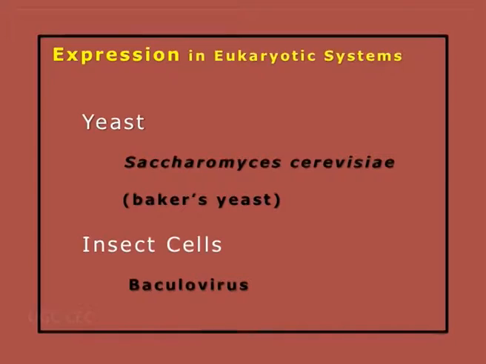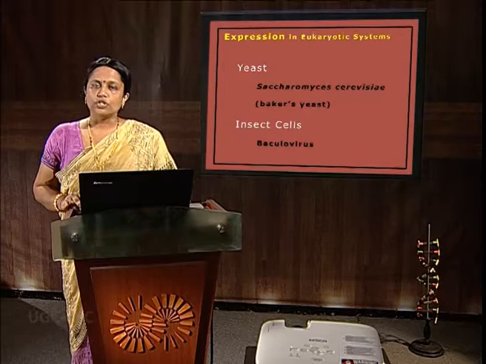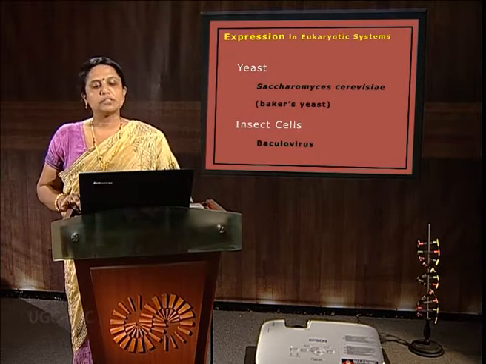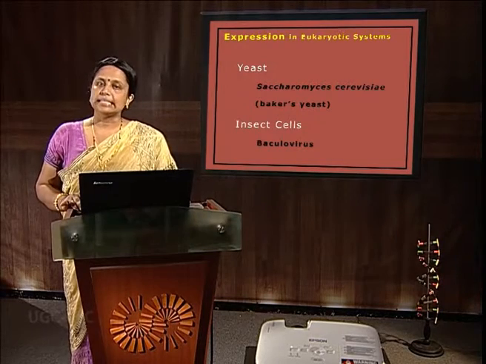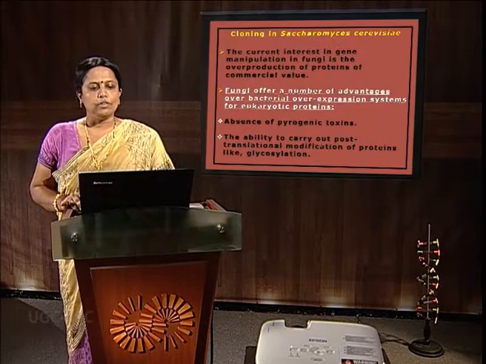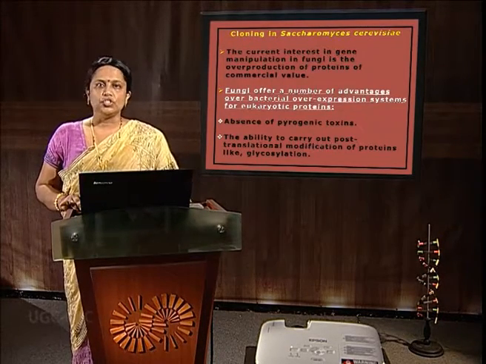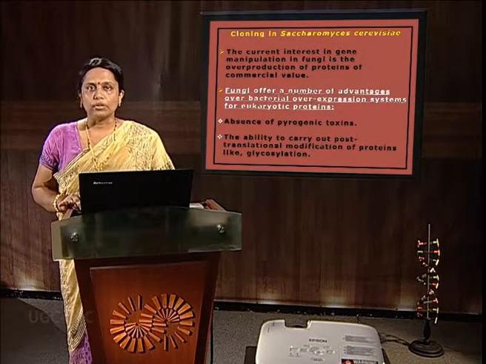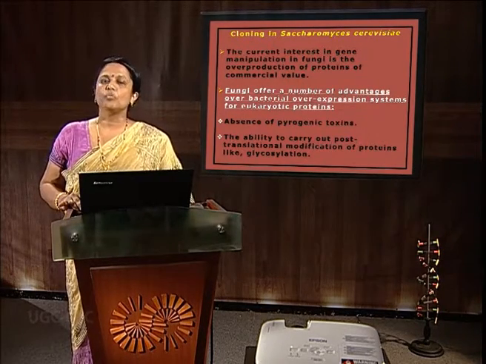Now, I will be discussing the expression of genes in yeast cells, mainly Saccharomyces cerevisiae, which is also known as Baker's yeast, and I will also discuss the introduction of genes in insect cells, mainly baculoviruses. Let's start the story with yeast cells. We all know that overexpressing a gene inside a eukaryotic cell is very important. The reason is that post-translational modifications exist inside yeast cells, which are not available in bacterial cells. So, eukaryotic genes cannot be expressed properly inside a bacterial cell.